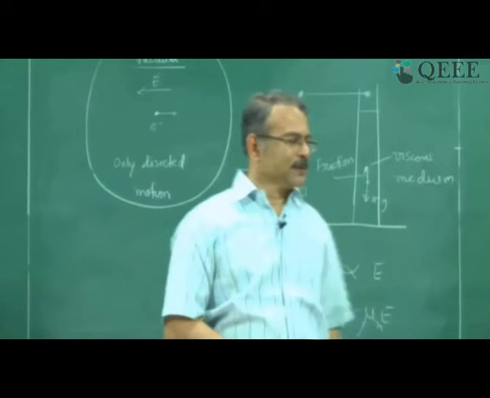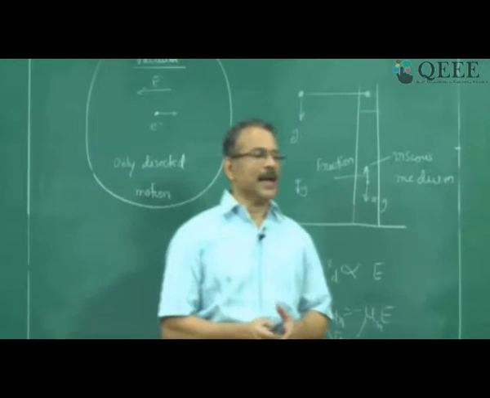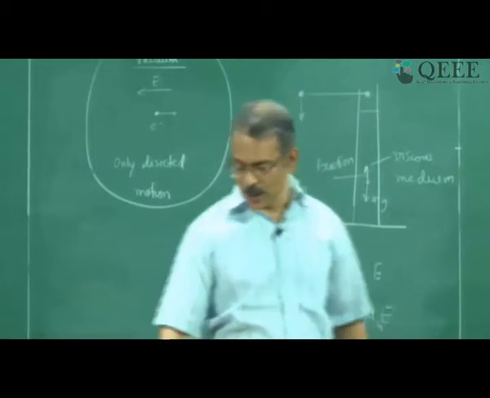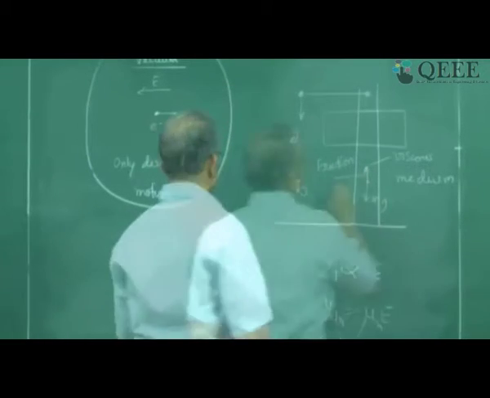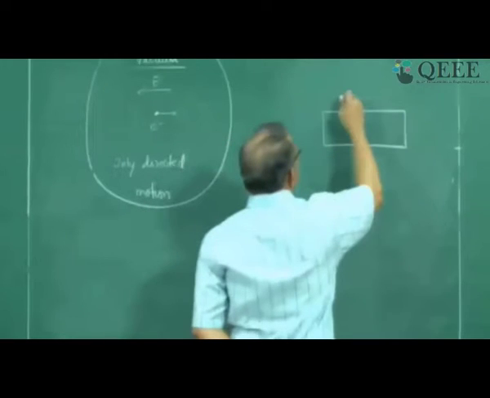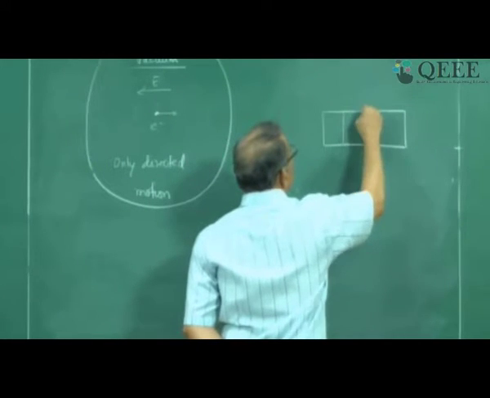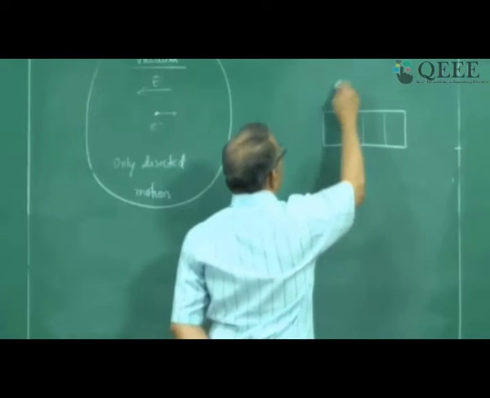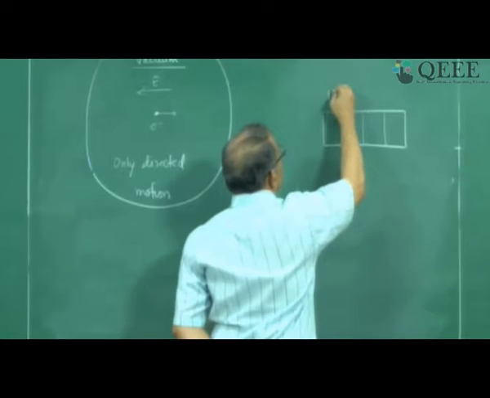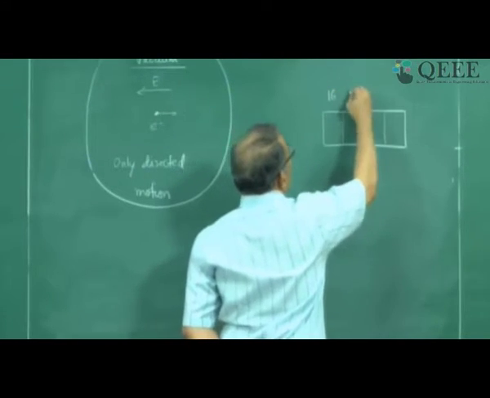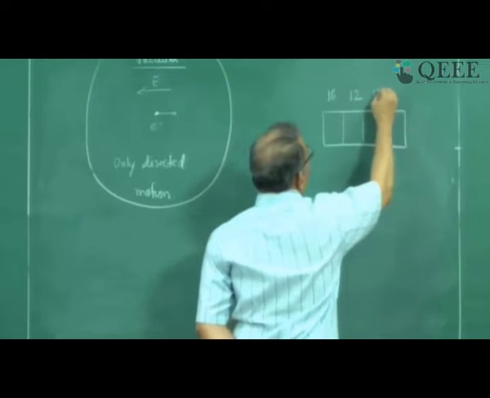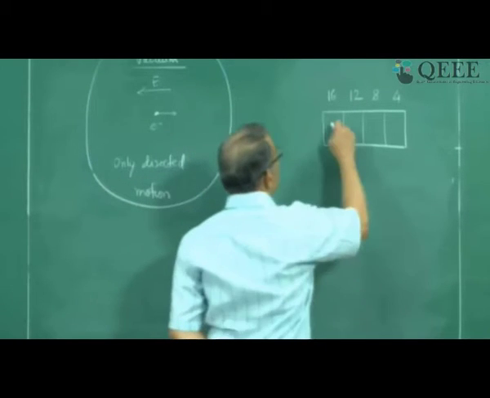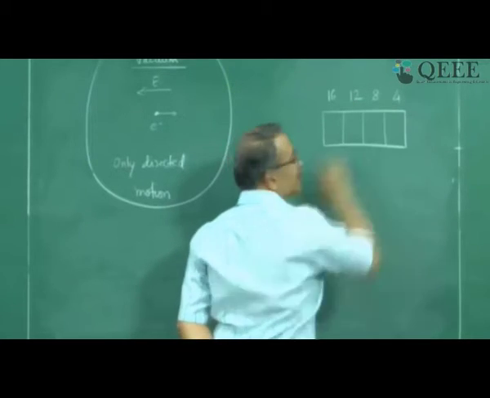Now diffusion current. Electrons and holes in random thermal motion diffuse from regions of higher concentration to lower concentration, much like gas molecules. This diffusion can be understood as follows. Suppose I have a concentration gradient. Let me partition this semiconductor into different parts like this. Let us say I have 16 electrons here, 12 electrons here, 8 electrons here, and 4 electrons in this part. Now imagine all these carriers are in random motion.